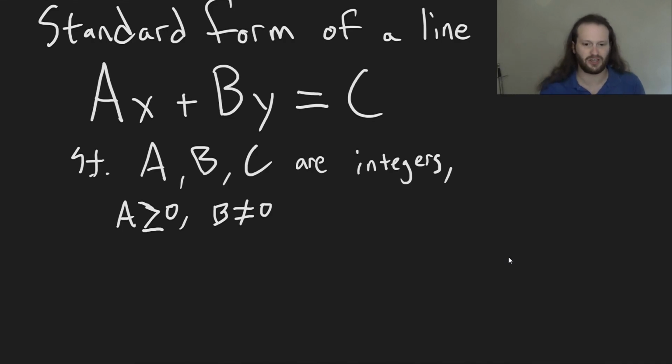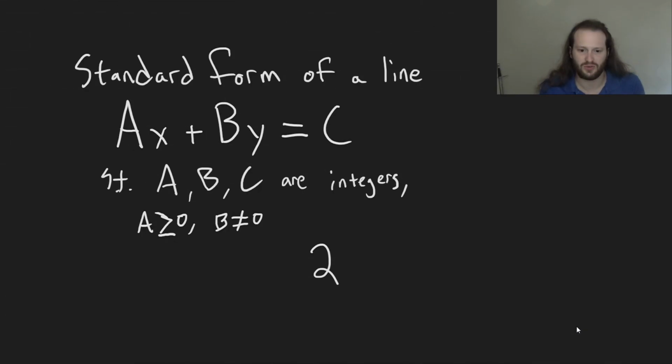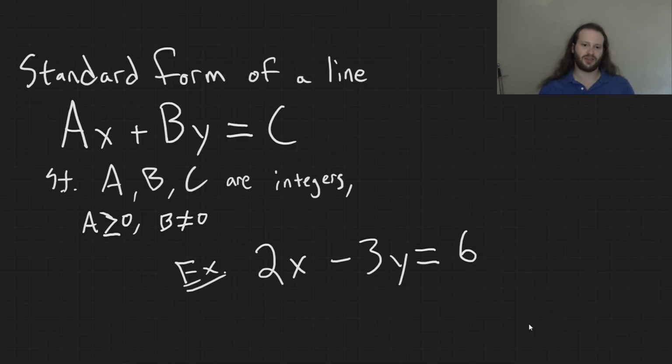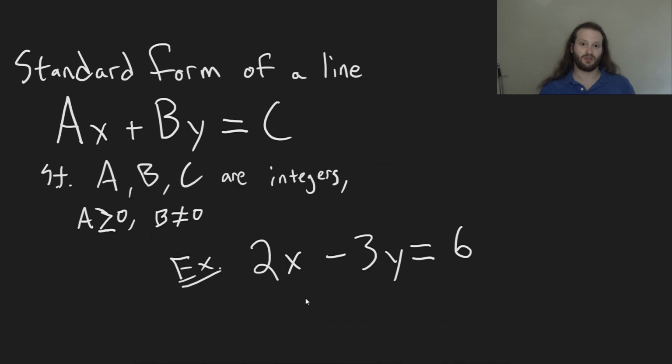I'll show you. 2x minus 3y equals 6. If I wanted to find the intercepts of this line just by looking at its equation,